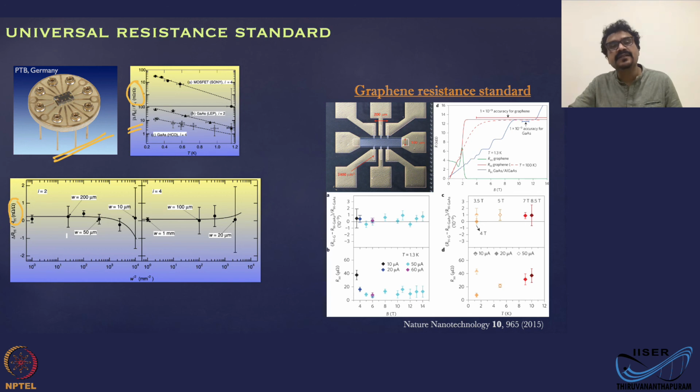All right. Now what we will do in the next module is look into the mathematical formalism of the quantum Hall effect, starting with the quantization of electron orbitals under the action of a perpendicular magnetic field. All right.